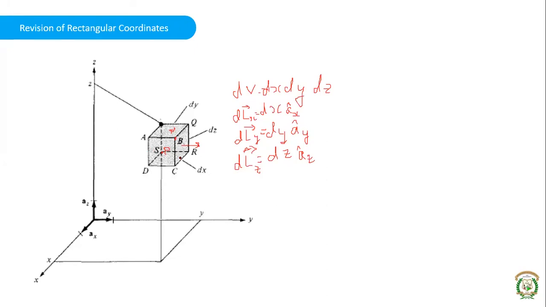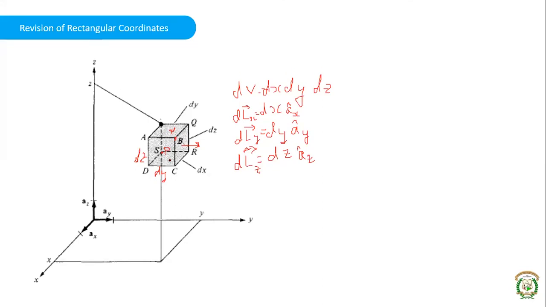So if you take the front surface, the length of this edge is dy, right? The length of this particular edge, which is vertical, is dz, right? This is dy and dz. So what is the outward direction of the front surface? It is coming front, right? The direction which is coming front is x. So the axis is ax. So the area of this particular thing is dy dz indicated with the direction ax. Similarly, for the back one, it will be going backward. So it is minus ax.